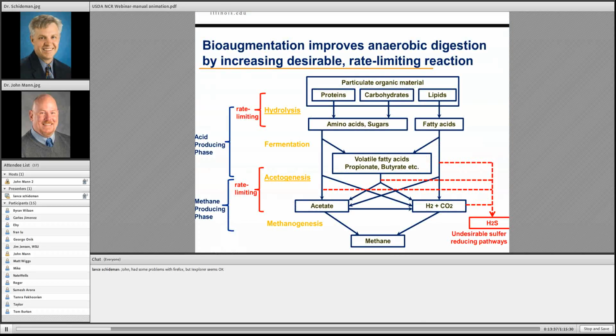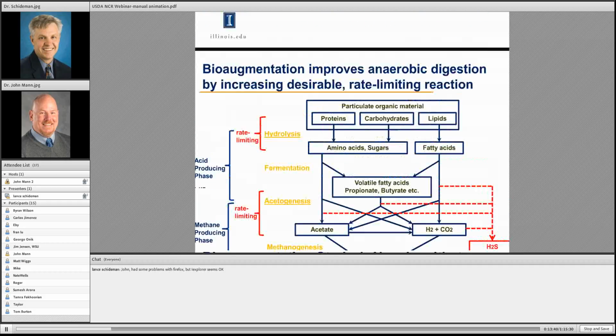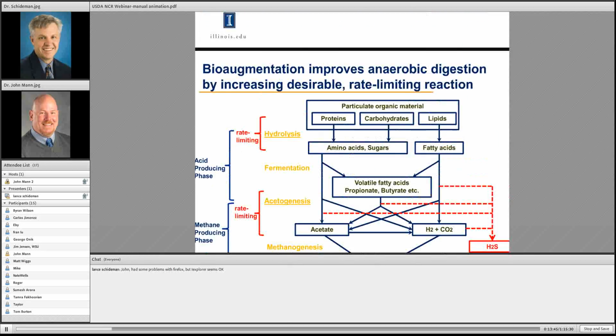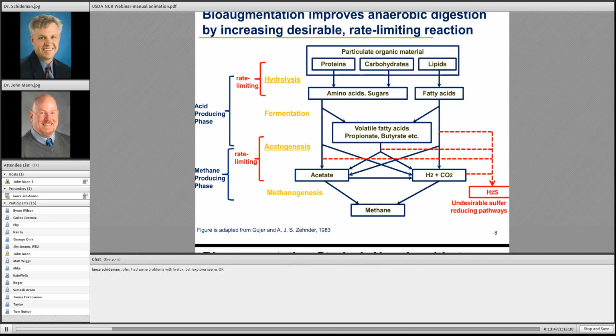Okay, the next slide here gets a little bit into the mechanisms. I won't go deep into this, but I just want to give you an idea of how we're trying to improve anaerobic digestion. And in order to do this,